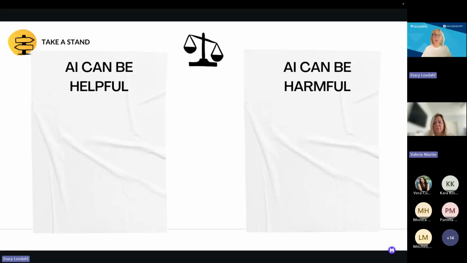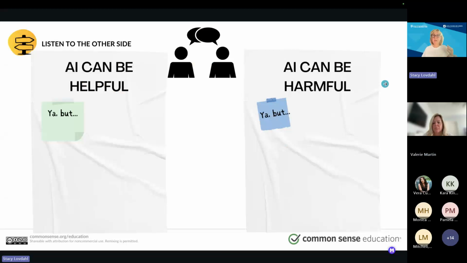And rather than just thinking about it, I decided to split the group up and have them actually take a stand and form groups on either side of the room and write down their reasons why. So they created posters, and then once they created their posters, I had them switch sides and do an activity I call Yeah But. They had markers and went to each other's posters, and to each thing the other side said, they said, yeah, but, and wrote a counterpoint to the other side.